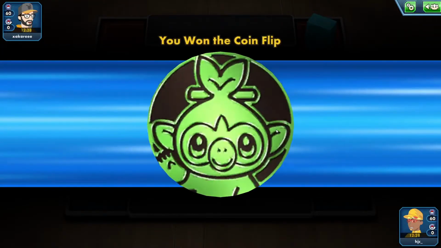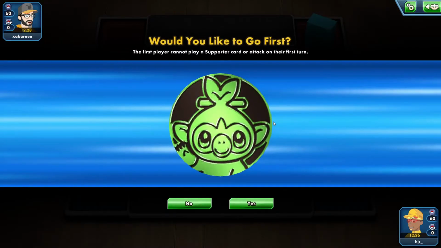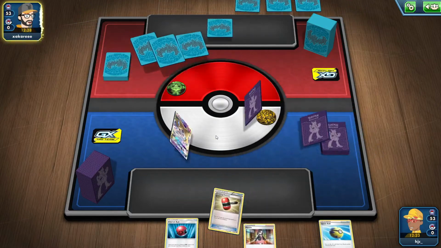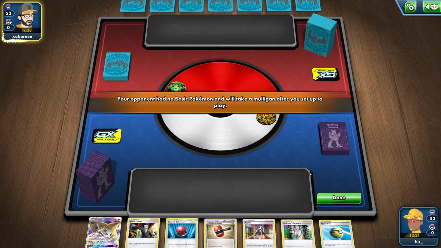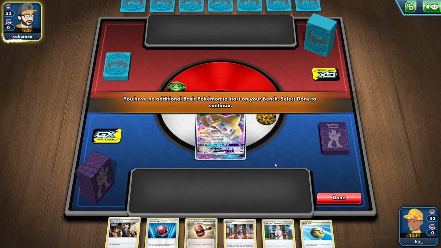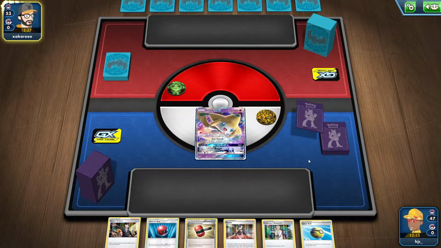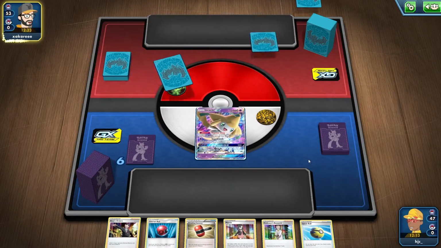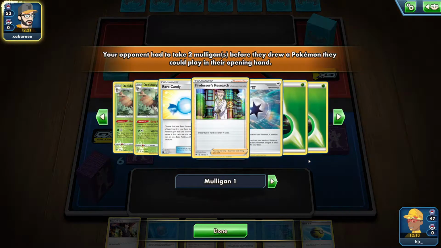Playing against Zacian, I do not want to go first. We like going second in this deck by quite a good bit. This is actually not terrible. We really need a switch. What makes this not terrible is we have the Cherish Ball and the Quick Ball, and we can use those to go get our Mew3. If we can then find a switch...